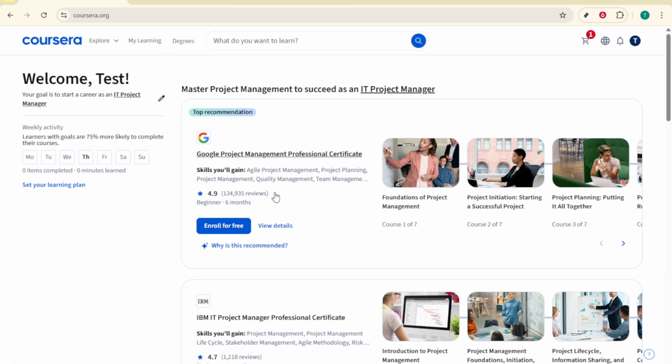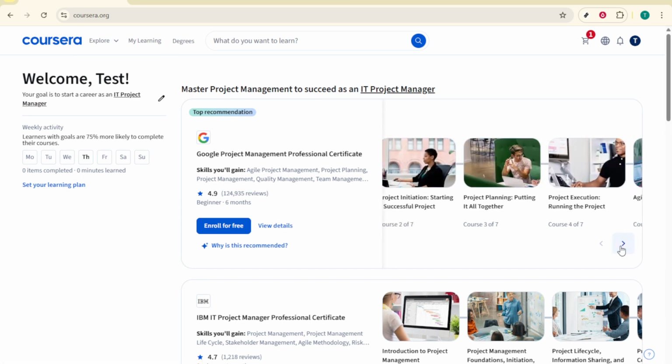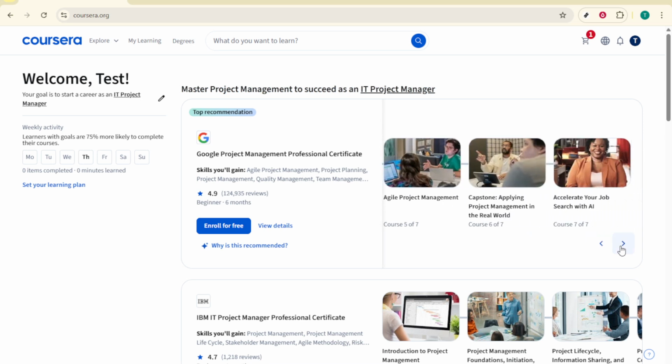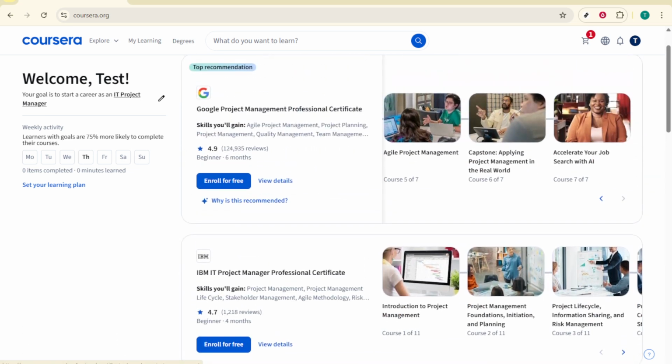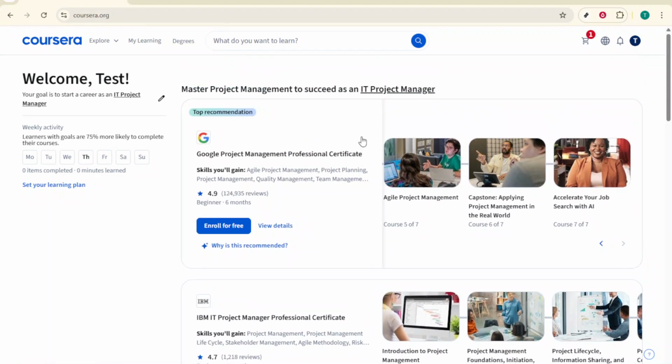If you specifically want the mobile app experience on your laptop, use an Android emulator like BlueStacks. An emulator creates a virtual Android environment on your computer so you can install and run the Coursera Android app. After installing the emulator, open it and sign in to the Google Play Store. Search for the Coursera app, install it, and then launch it inside the emulator. Sign in with your account and you'll get the familiar mobile interface, including features that mirror the app on a